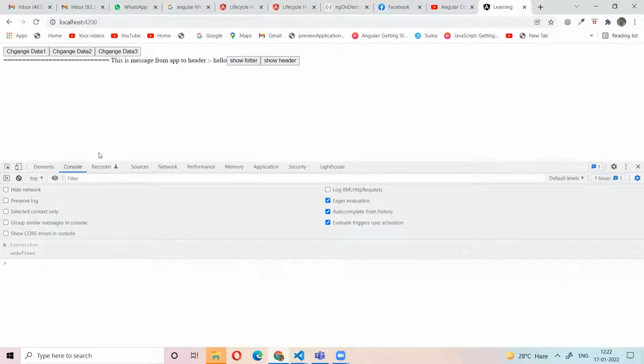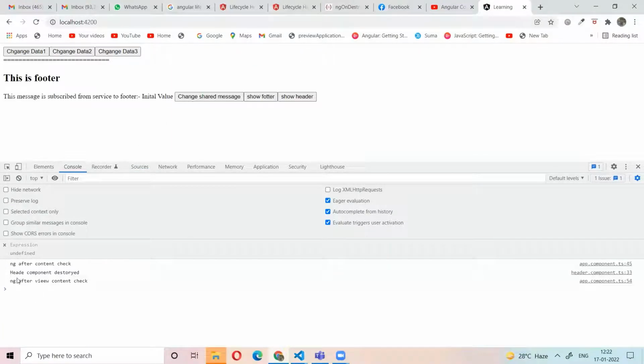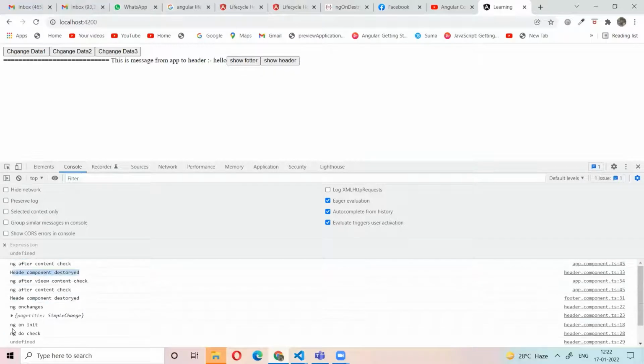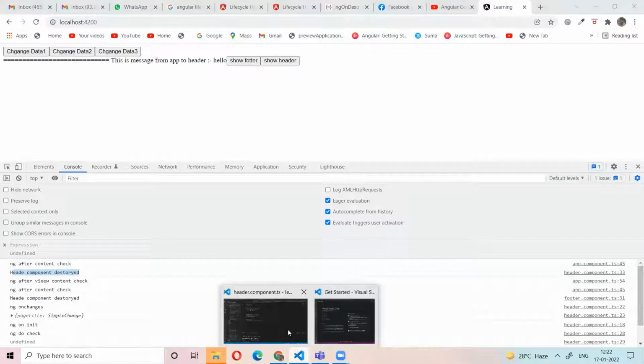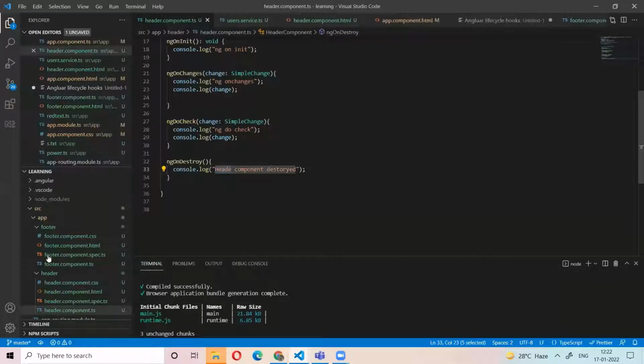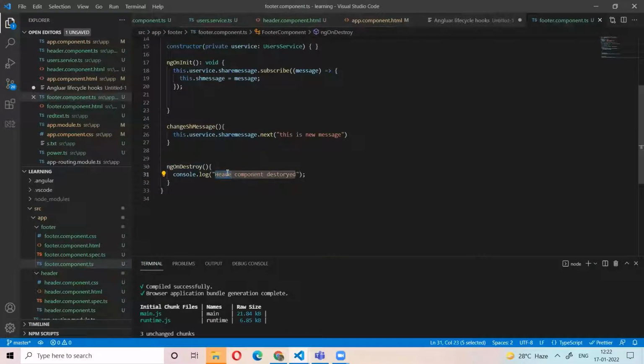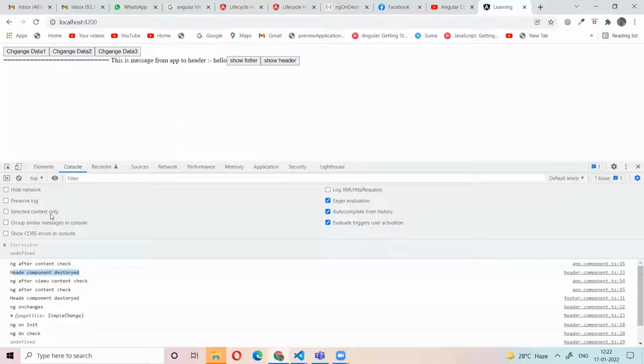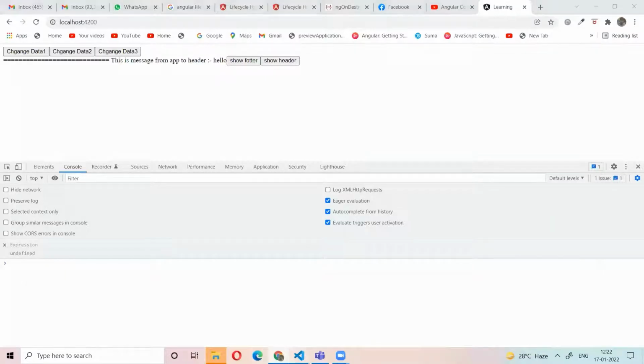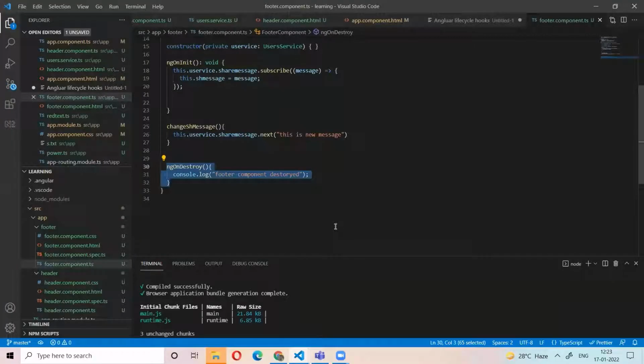And click the show footer. See, the header component is destroyed. If we click show header, the footer component will be destroyed. So here I need to write footer. Before destroying any component, we need to use ngOnDestroy. So I have read the ngOnDestroy, the individual component life cycle method.